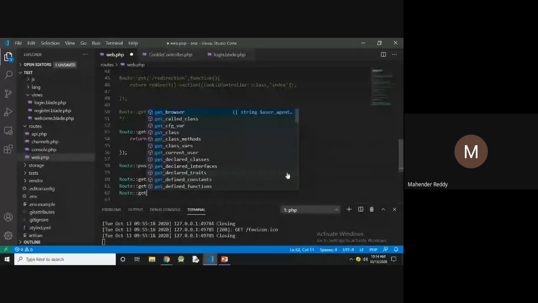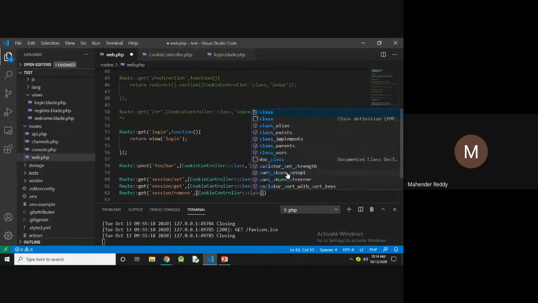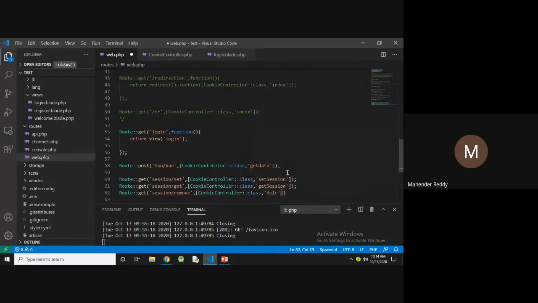And for the delete, Route::get session/remove, CookieController::class, deleteSession.